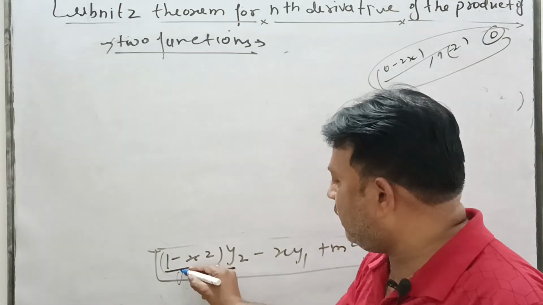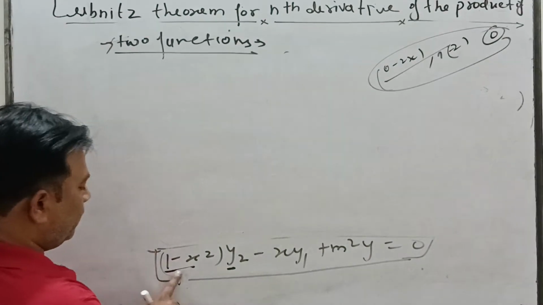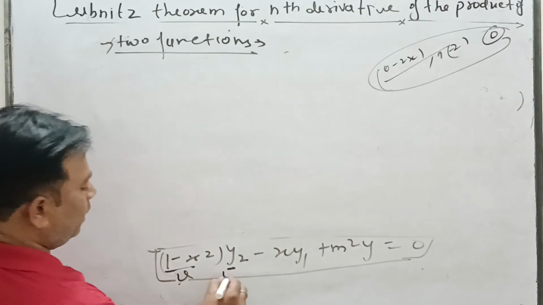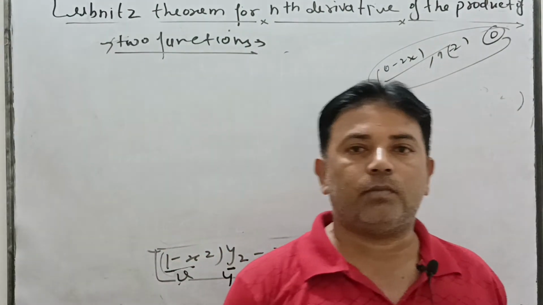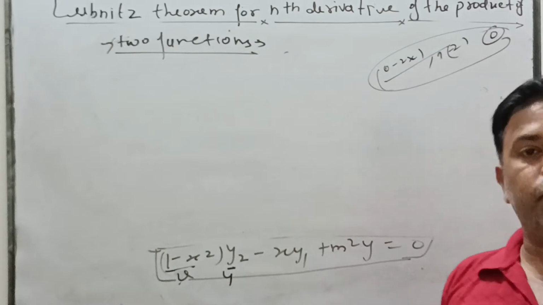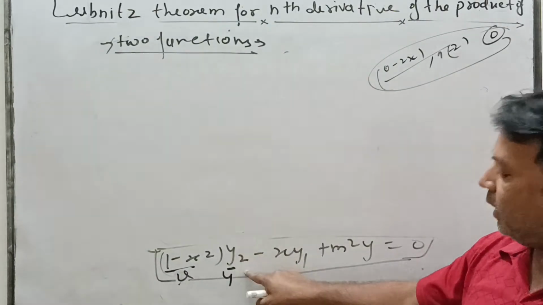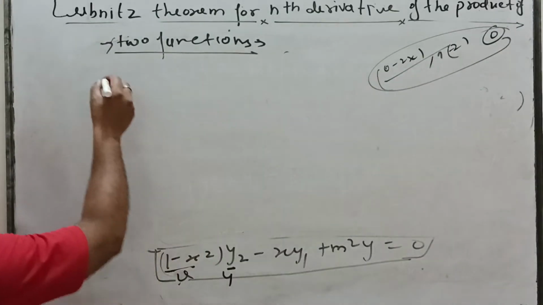So this is v, and y2 is similar; we discussed the same type of question in a previous video. This is v and this is u. Okay, y2 differentiation gives y3, y3 differentiation gives y4, y4 gives y5, and we do not reach 0. So we find the nth derivative of this function by the Leibniz theorem.